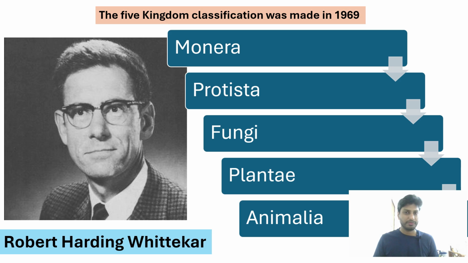In his 5-kingdom classification, there were 5 kingdoms, and those were nothing but Kingdom Monera, Kingdom Protista, Kingdom Fungi, Kingdom Plantae and Kingdom Animalia. In these 5 kingdoms, he placed different types of organisms and he considered different factors before making this classification, like the cell structure, the cell shape, the kind of nutrition, the habitat, the evolutionary relationship, as well as the reproductive characteristics. And that's why, dear students, till date this classification system is being studied across the world.